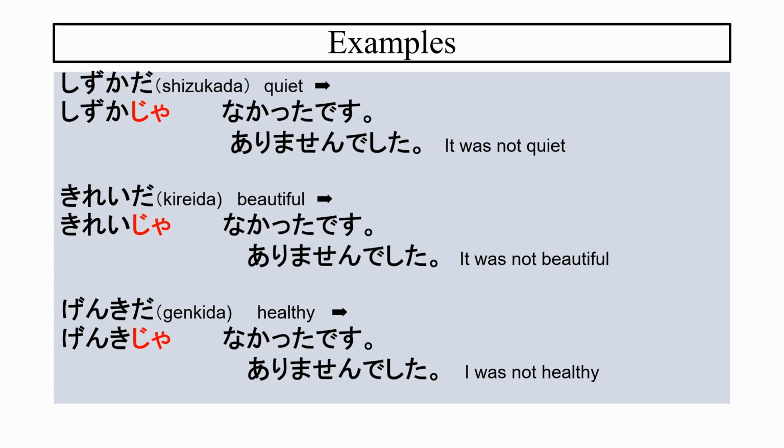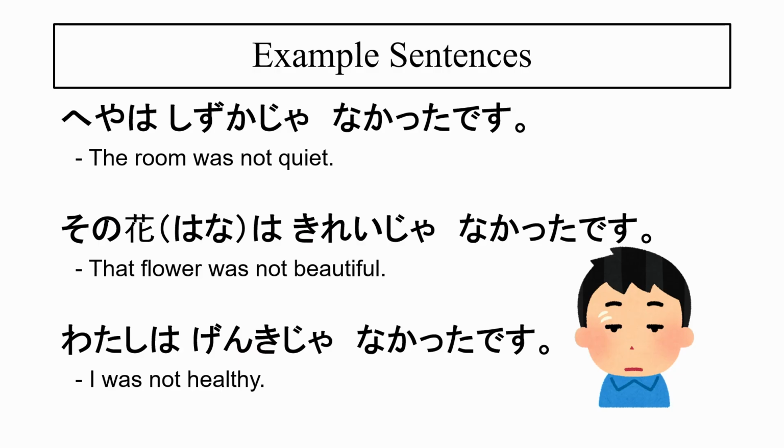In the case of 静かだ, the past negative form is 静かじゃなかったです or 静かじゃありませんでした。What about 綺麗だ, beautiful? 綺麗じゃなかったです。綺麗じゃありませんでした。元気だ, healthy. 元気じゃなかったです。元気じゃありませんでした。